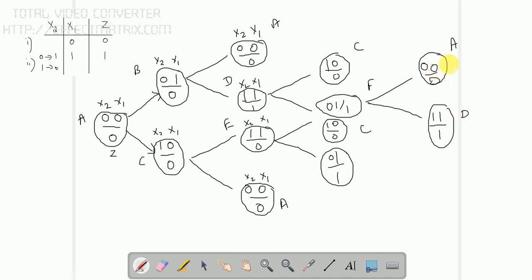So these are the end states, because apart from this we don't have any other new states going to happen. So we predicted that since we have two inputs, we are going to get only 4 states, A, B and C, D. But in this diagram we have got 2 more states, that is E and F. So this is the major change that happens in this tree diagram. So A, B, C, D, E and F.